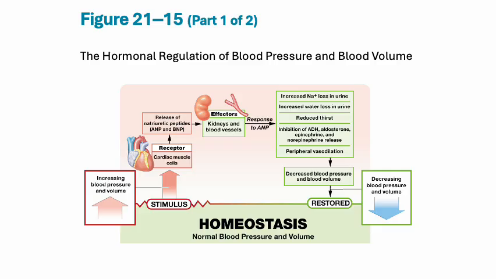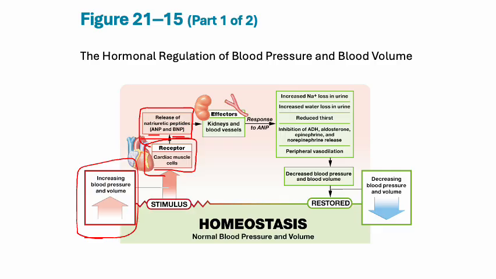And we're going to look at all these individually now in the diagram. So we have increasing blood pressure happening here. That's going to stimulate the cardiac muscle cells to get stretched. That happens in both the atria and the ventricles. So atrial natriuretic peptide, or ANP, and BNP, which is B-type natriuretic peptide, which comes from the ventricles, is going